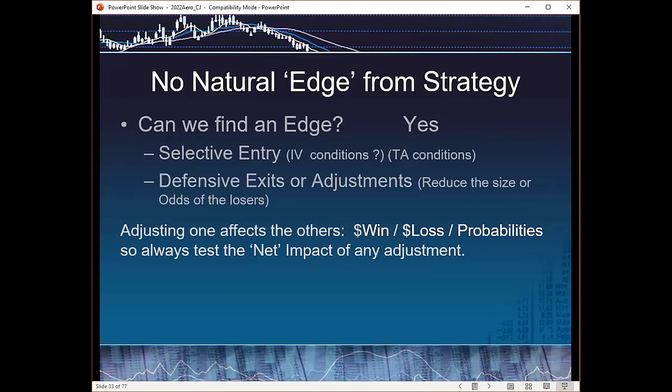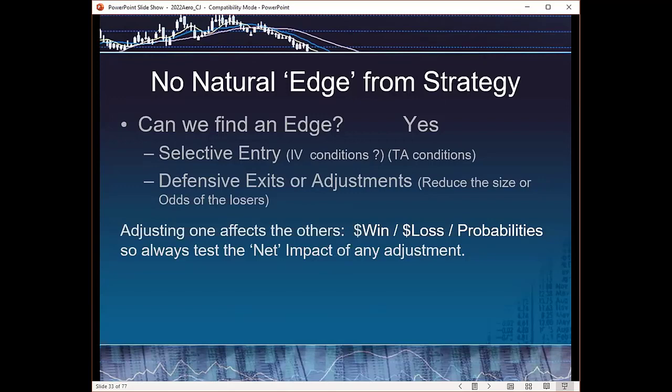You can, however, implement trading strategies or conditions that can give you an edge. The edge is not coming from the option strategy, but from how you implement it. Examples of how one might implement an option selling strategy might be, am I selective on when and where? If the implied volatility conditions are high, should I ignore that? When they're low, should I take advantage of it? Or are there technical analysis chart conditions that say this is a good time to do so?